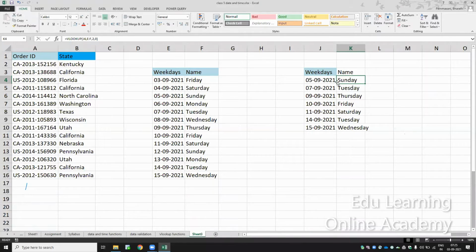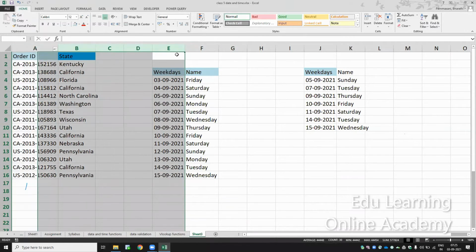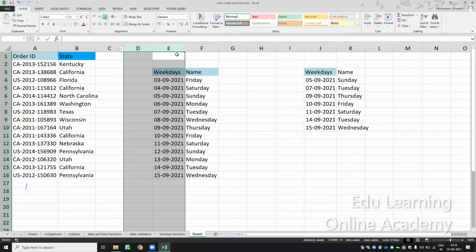So in VLOOKUP, what is our criteria, like prerequisite? We should always have this table, and this one should be in the first column. So next one. VLOOKUP will always do a forward search. Suppose you are selecting this column value as the first value in the table, it will always search forward. It cannot search to the left, backward side. So the disadvantage of VLOOKUP is it will not search for the backward value.